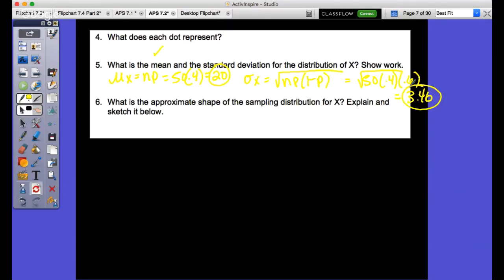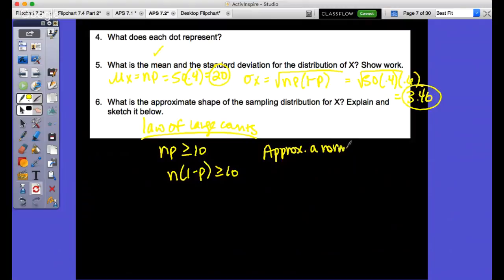So typically it would vary by 3.46 away from the mean of 20, or the expected value of 20. So number 6 says, what is the approximate shape of the sampling distribution for x? Explain and sketch it below. Well, when we look at this, remember the normal condition, the law of large counts, that says, because the law of large counts is true, where n times p is greater than or equal to 10, and n times 1 minus p is greater than or equal to 10, we can approximate